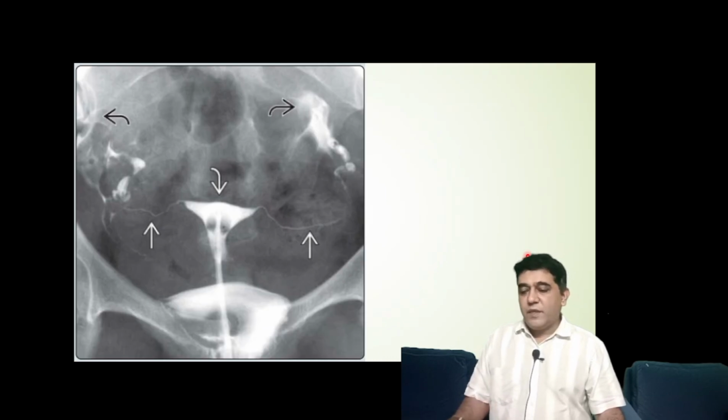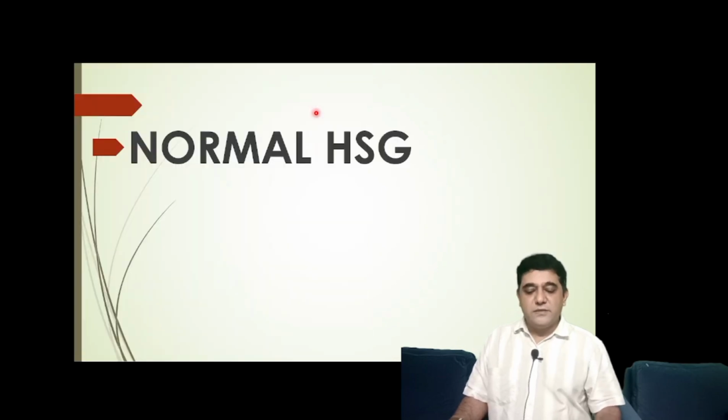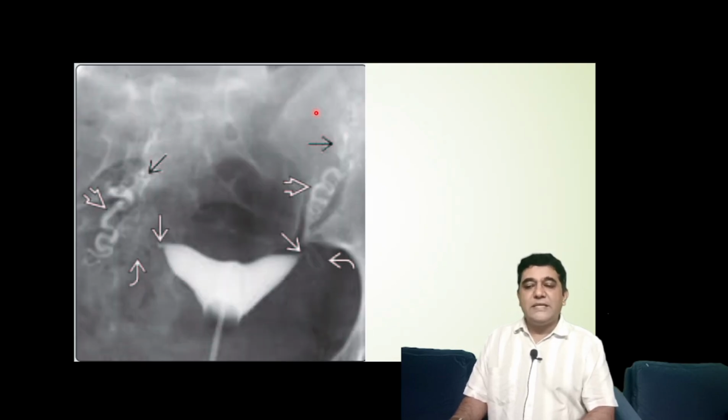So this is a frontal radiograph from the HSG procedure, and we can see a smooth uterine cavity, and on either side we can see thin thread-like well opacified fallopian tubes, and on either side we can also see the evidence of spillage of contrast. So this is a normal HSG. Coming to the next image,